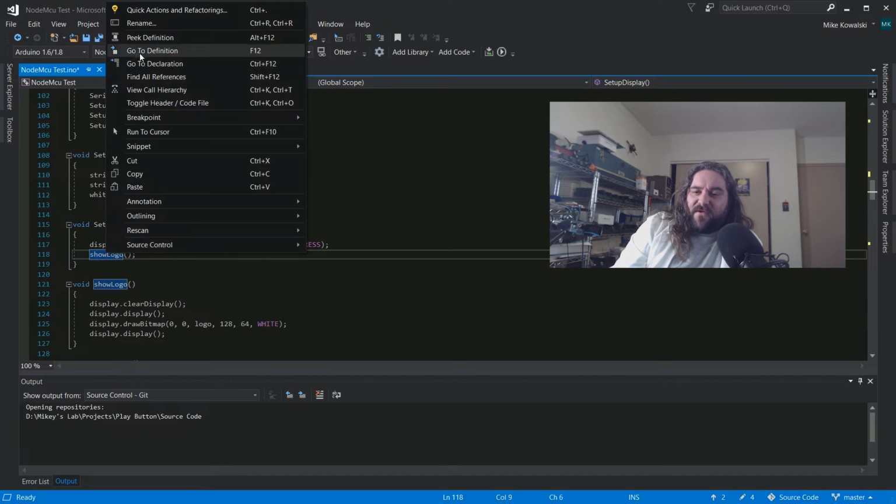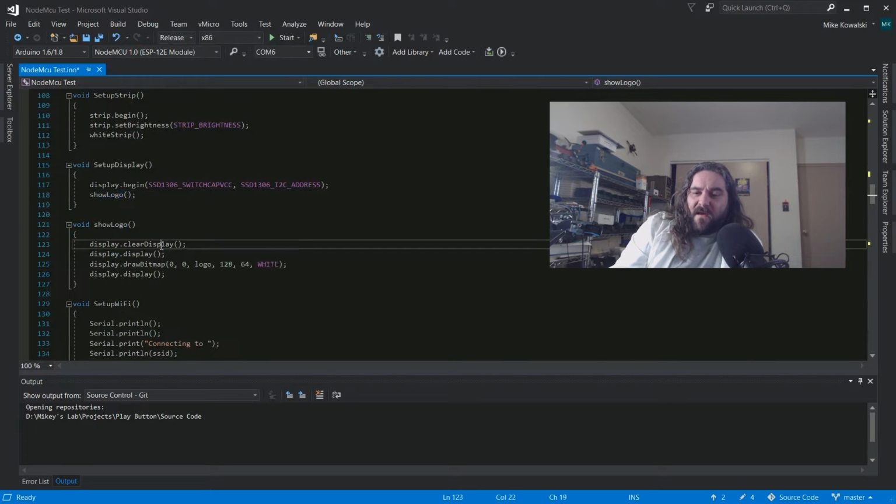So if we go to the definition of show logo, we tell it to clear the display and display the blank display. Right? Then we draw the bitmap, which is referenced to that logo array, and we tell that to display. Now what this is going to do is display that Mikeys Lab logo until something tells it to display something different. So if we go back then,